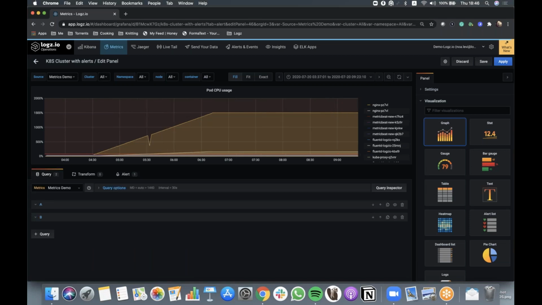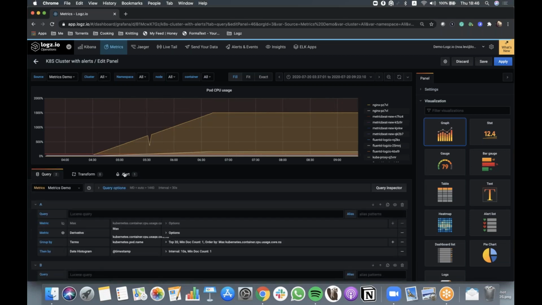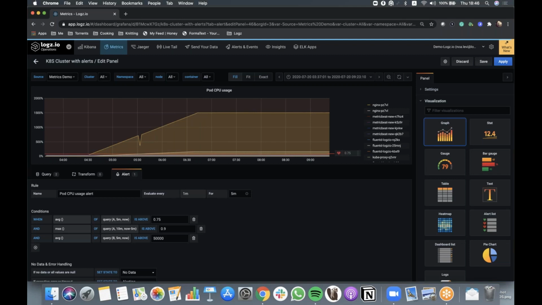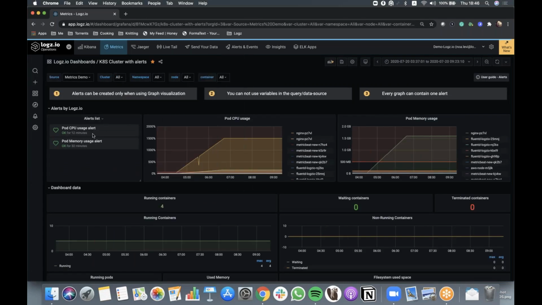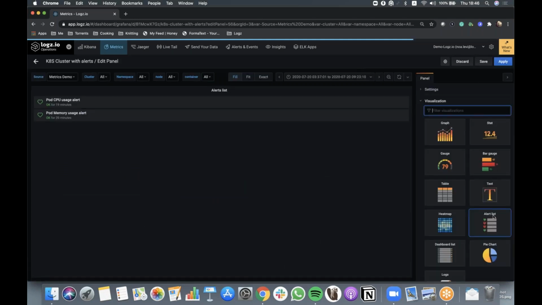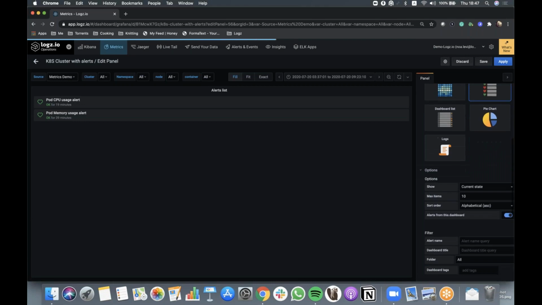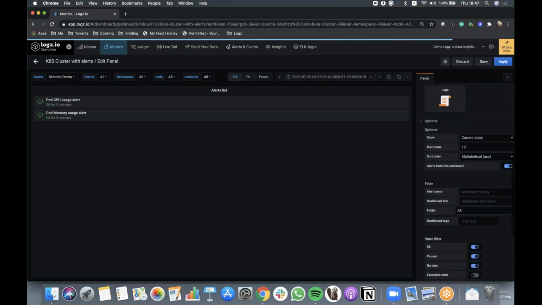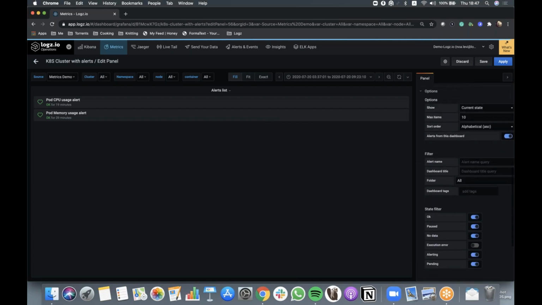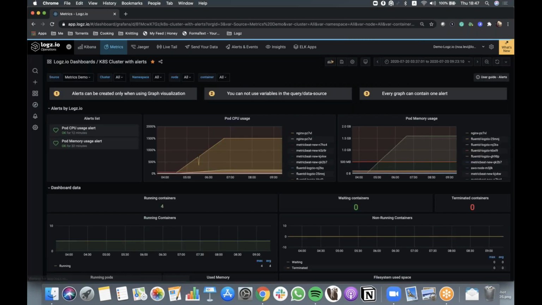So this is the cool feature, and you can add more queries and more conditions, whatever you feel like, it will work. Here on the left side is a way to see all the alerts that are configured for this dashboard. It's just another type of visualization in Grafana, alerts list. I made sure it will show only the alerts configured for this dashboard, and I asked for the status I'm interested in, my last state. Now when you come to the dashboard, you can easily see which alerts are configured and what their